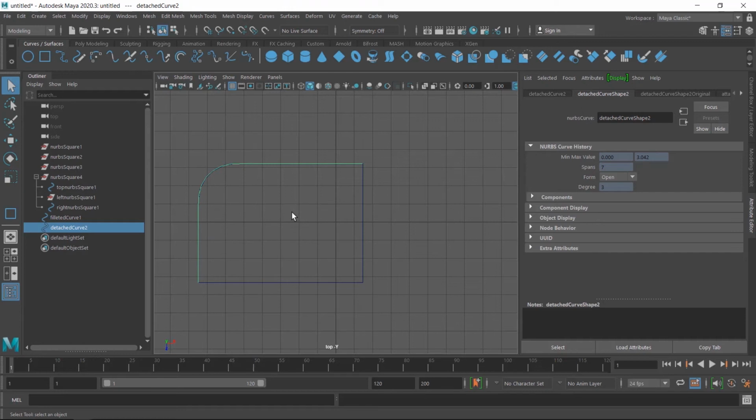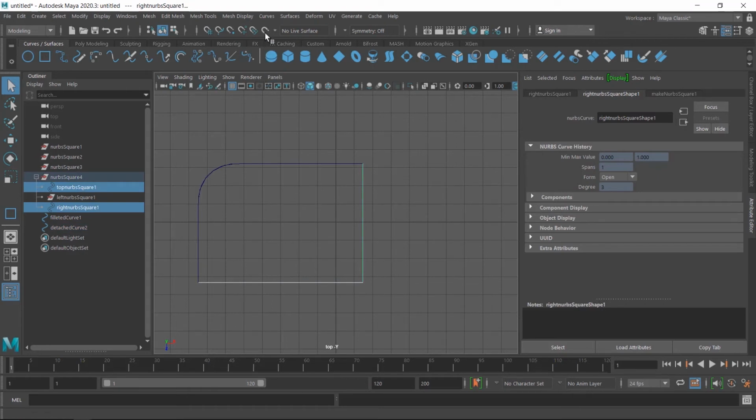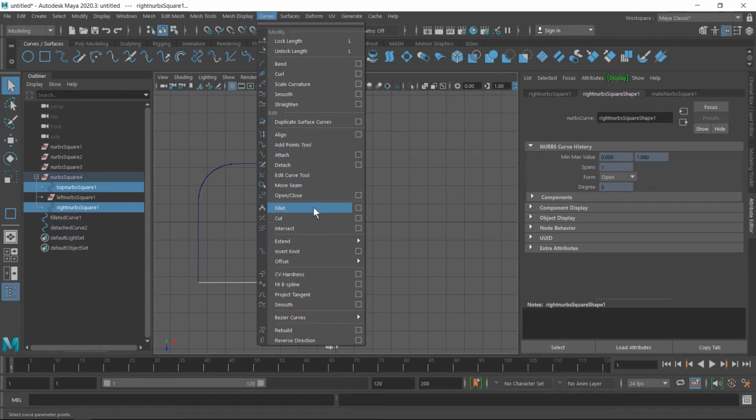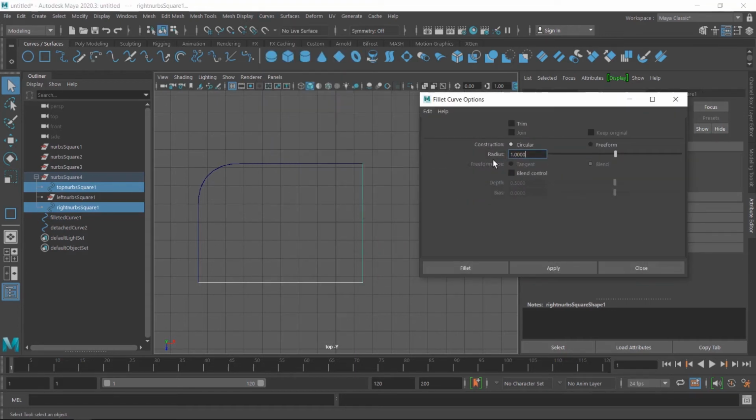We also have another way to get a similar result with fewer steps. So I show you. I select the remaining two boundaries of this rectangle and then go to curve and then click on the setting box of the fillet tool. The first setting is radius. It's related to this roundness. So I increase this up to 2. And the second important checkbox is trim. Trim is similar to the cut tool. So I also check this. And the next checkbox is join. It's similar to attach. So I also check this and then click on the apply button.